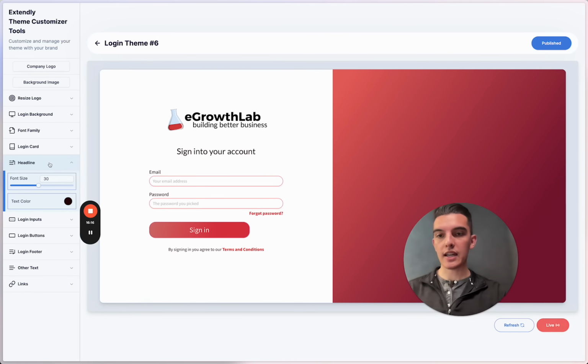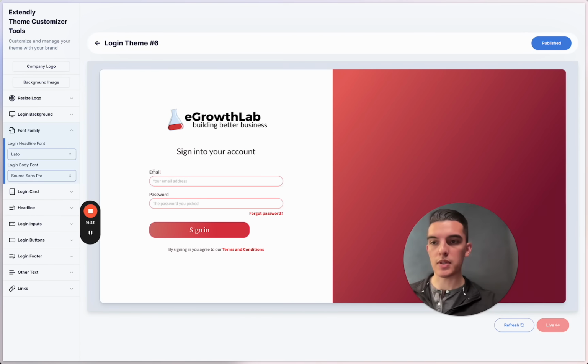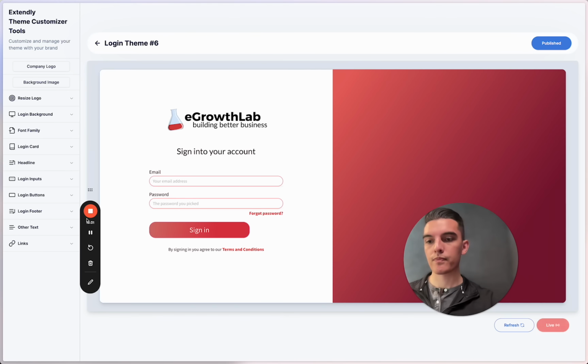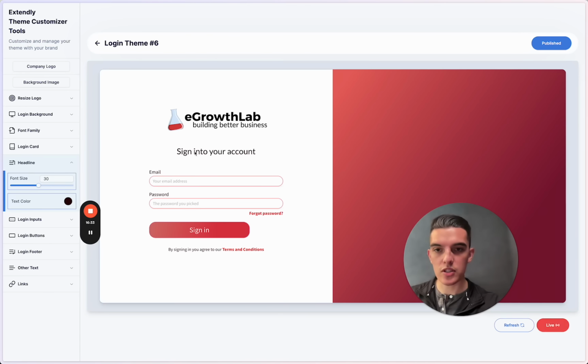Then you have the headline font, which is going to be the sign-in instead. I was incorrect with the font family. The font family is actually going to be this login headline font, which is the email and password, and then the login body font, which would be this text details inside of the login details. The headline then is going to be the sign in to your account, and you can change the text color